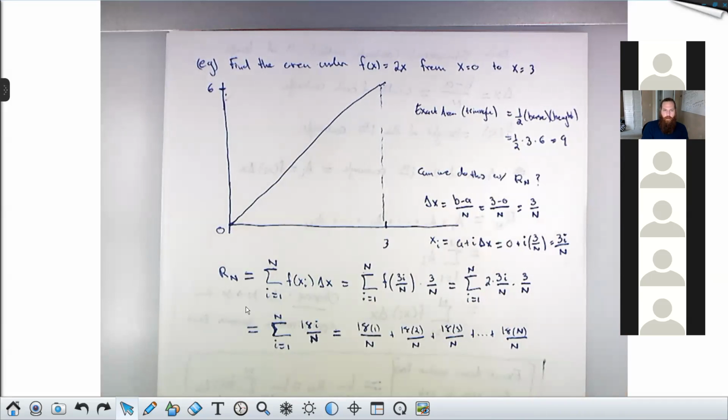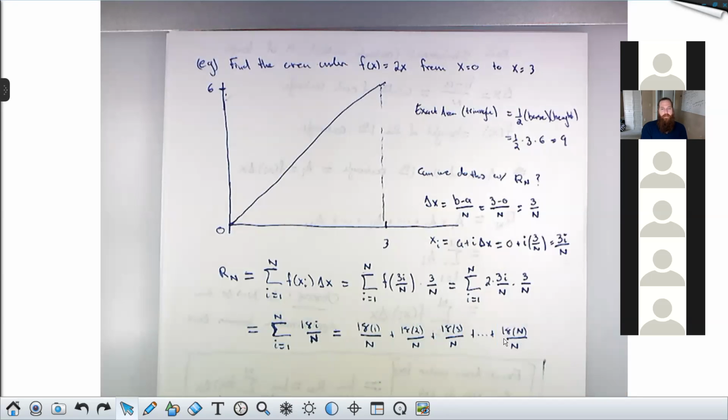Is everybody comfy with why this is the same as this? I'm just writing out the sum that this encodes. I'm summing from i equals 1 to capital N. So that means I'm going to replace this piece by the numbers 1, 2, 3, 4, all the way up to capital N. And then I'm going to add up this thing over that range. So here's the i equals 1 term, plus here's the i equals 2 term, plus here's the i equals 3 term, plus all the way out till we get to the i equals n term.